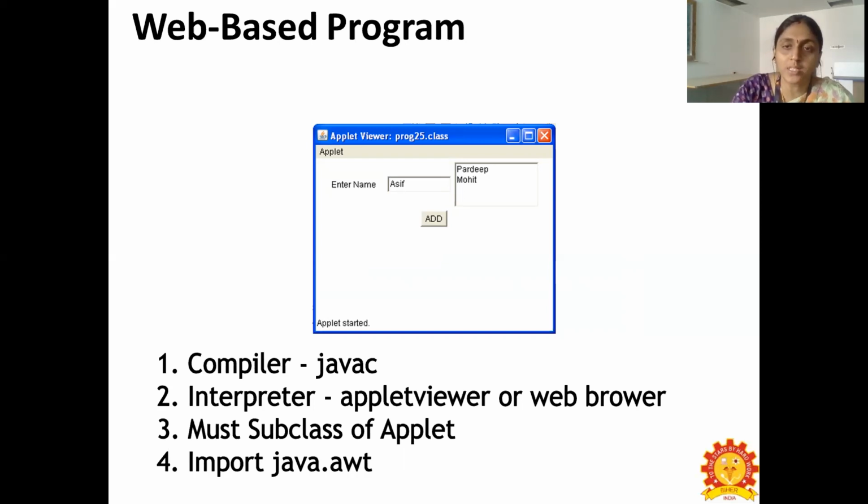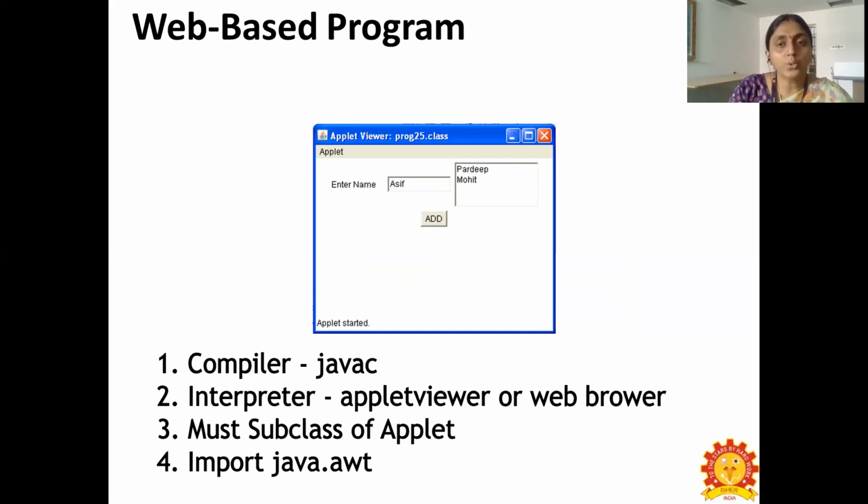Or we can embed this applet in an HTML page and run the HTML file in a web browser. These are the two ways to execute web-based programs. We will see that in detail in the future slides.